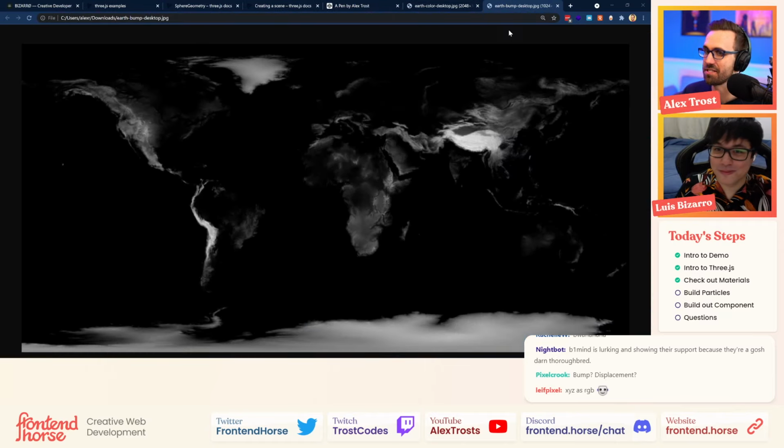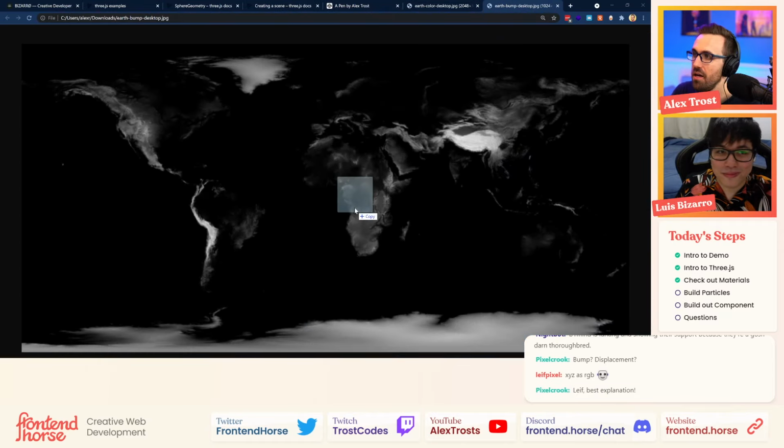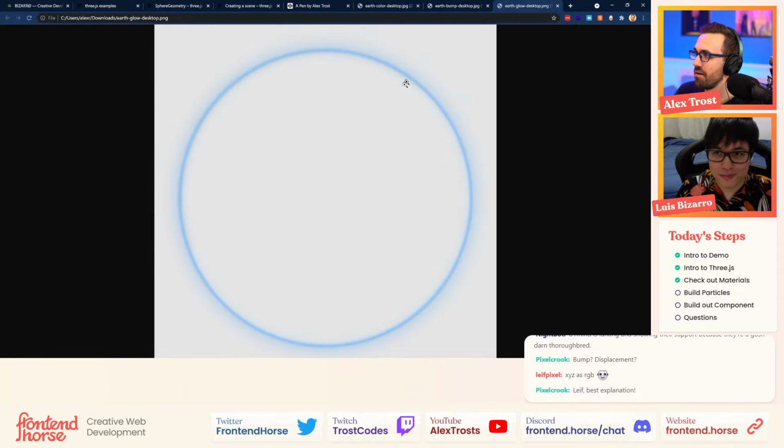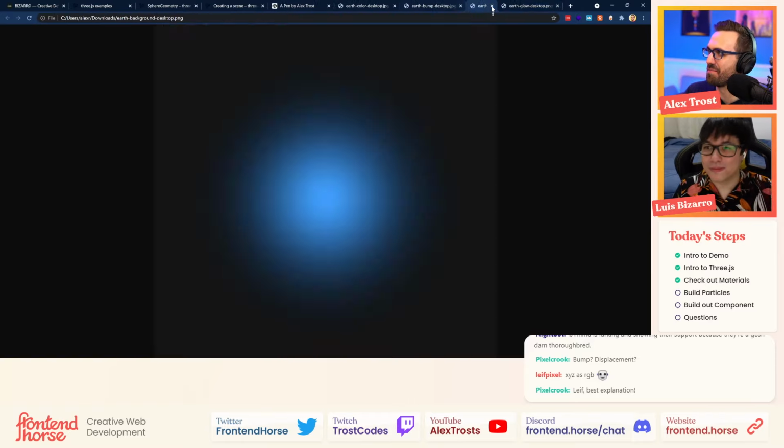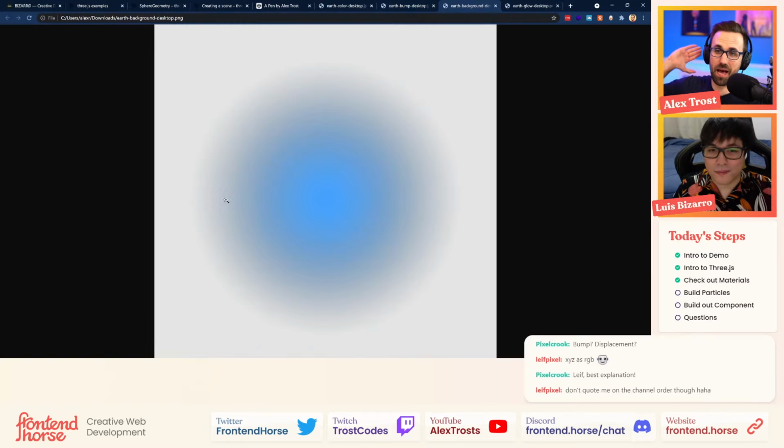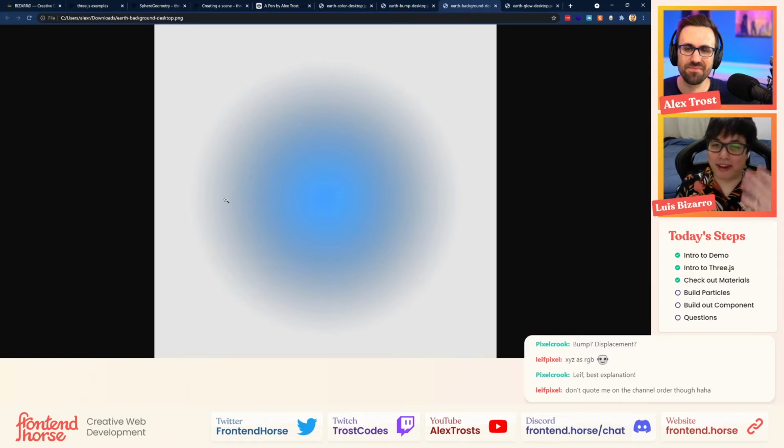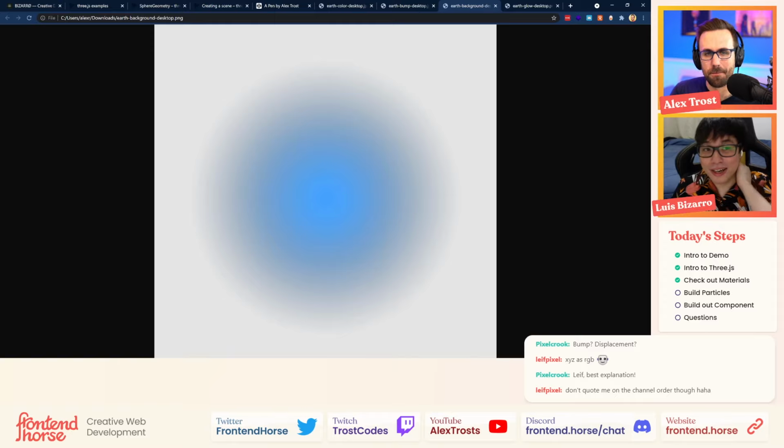That's the same one, and then I got another one. Let me drop that here. That is what you were talking about earlier, the ring glow lighting that we're going to put around the globe. That's really clever, and it's going to give the feeling that the globe is shining, like it's backlit. And then that's going to be for the background, just sitting behind the globe. Awesome, these are the textures that we have.